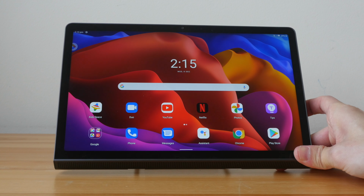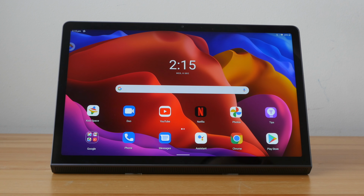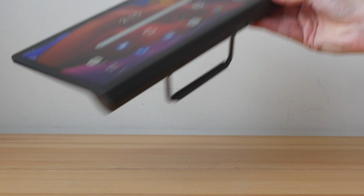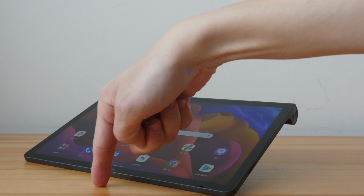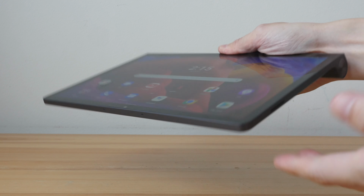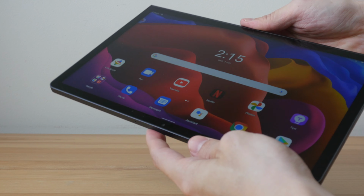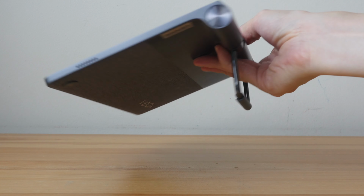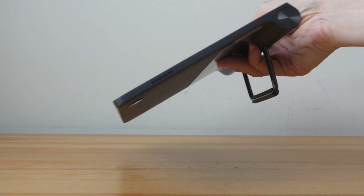So if you want more resistance, you can actually get a cover for the tablet to provide the rubber covering on all the sides. And also when you deploy the tablet this way, the metal is actually in contact with the table, so the edge here may get scratches. If you don't like scratches, then it may be good to get a cover. But if you don't get a cover, this is the streamlined, very compact design that you are going to get,